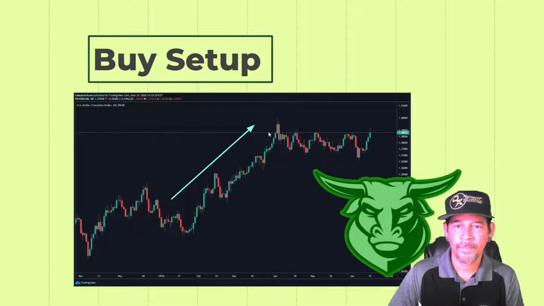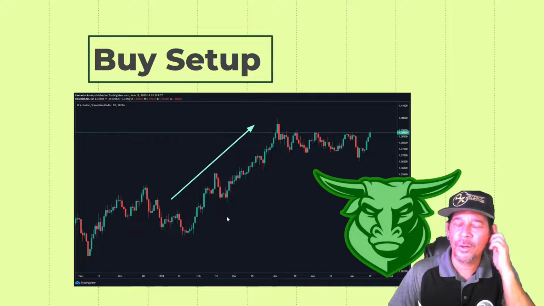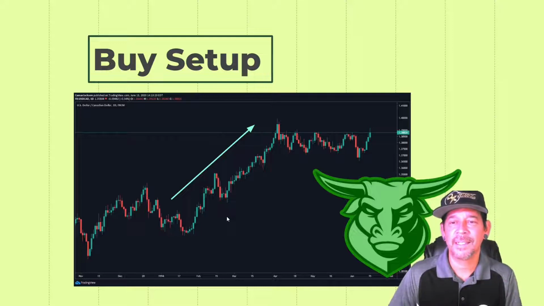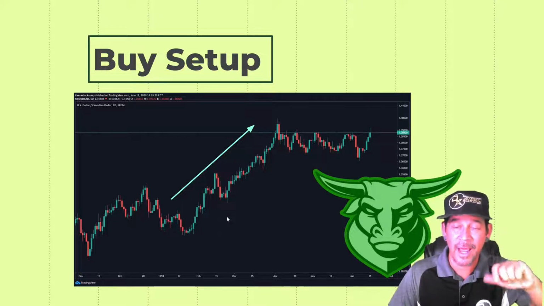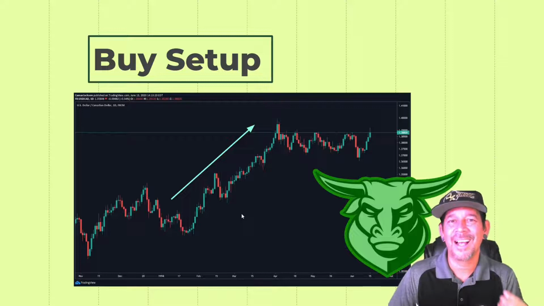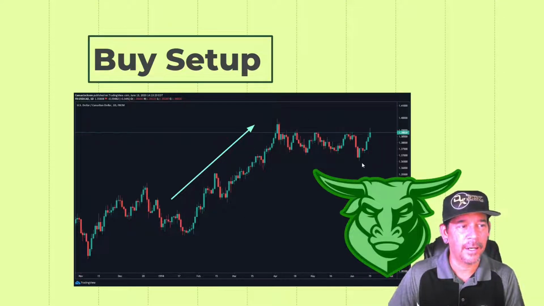The market really only goes two ways. It goes up and it goes down. Now, we do have what we call consolidation or ranging, and that's what this is here, where you see it's kind of just staying between these two levels. That is what we call consolidation. But there's still upward movement and downward movement. It's just not going straight up.